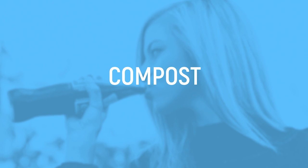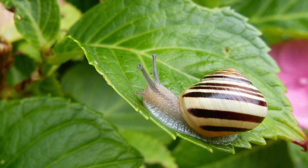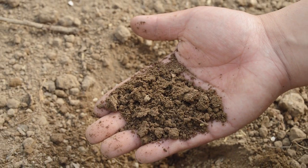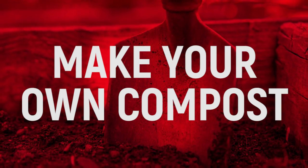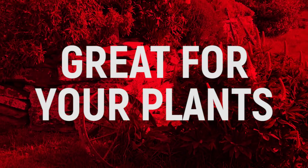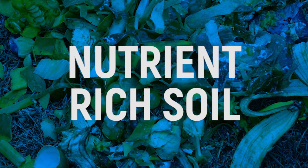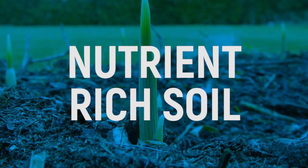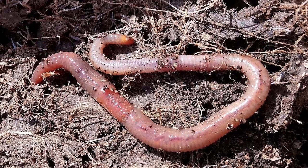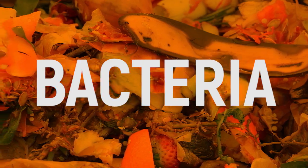Compost. Now that you've gotten your garden completely free from any interfering insects, it's time to concentrate on the soil. If you're not afraid to get your hands dirty, you might prefer to make your own compost. It's eco-friendly, cost-effective, and it's great for your plants. Putting leftover food scraps and lawn debris in a pile and getting nutrient-rich soil in return? Sounds like a no-brainer. While creatures such as worms, slugs, and insects help out, bacteria is really the powerhouse behind